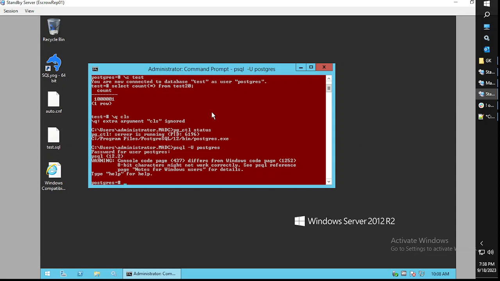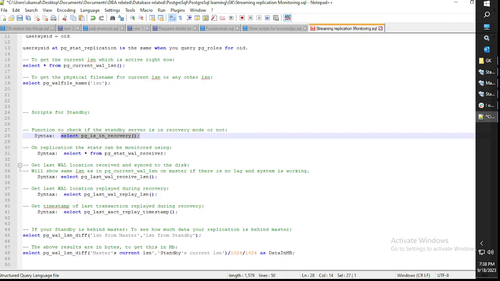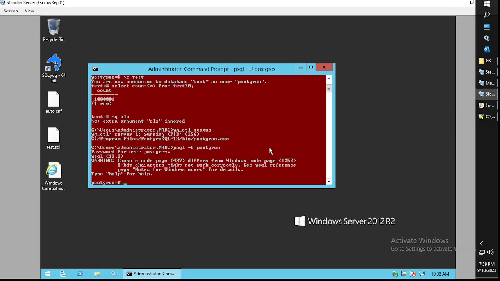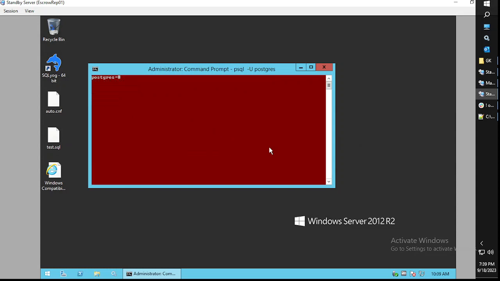Leave it. I have that here. You can see psql shortcuts. There is one to clear the screen. This is the command. Okay, not the Q. I have put that wrong. And then this, and then cls. You can use